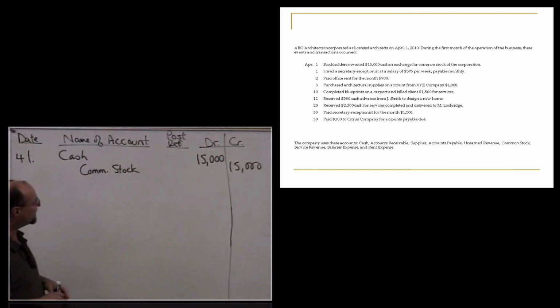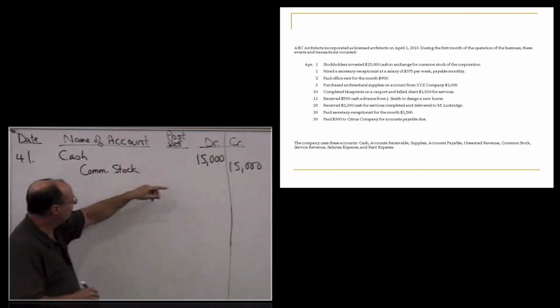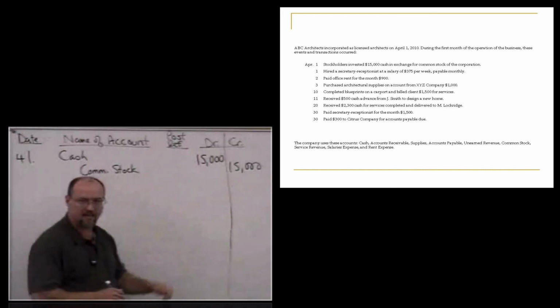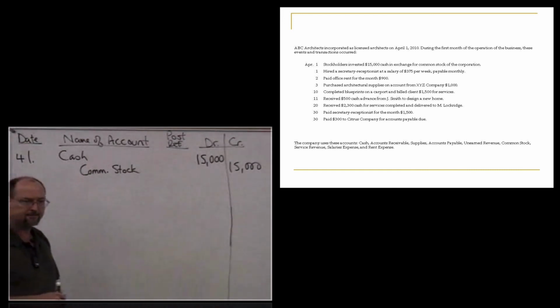So when we deposit money in the bank, even though they're crediting it, let them do whatever they want, we have to debit cash, and we credit common stock. That's our first journal entry. Second